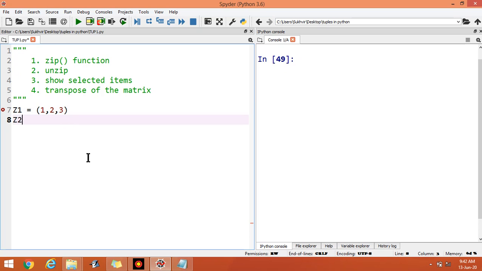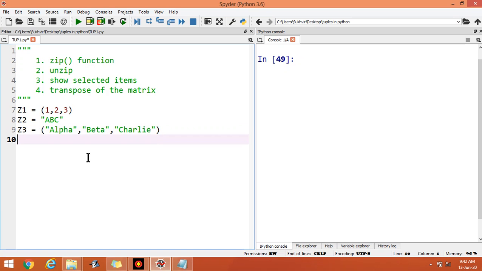Second is Z2, let it be ABC. Z3, let it be alpha, beta, and Charlie.